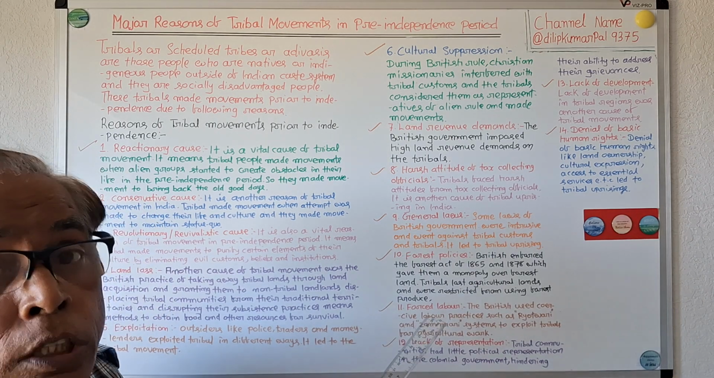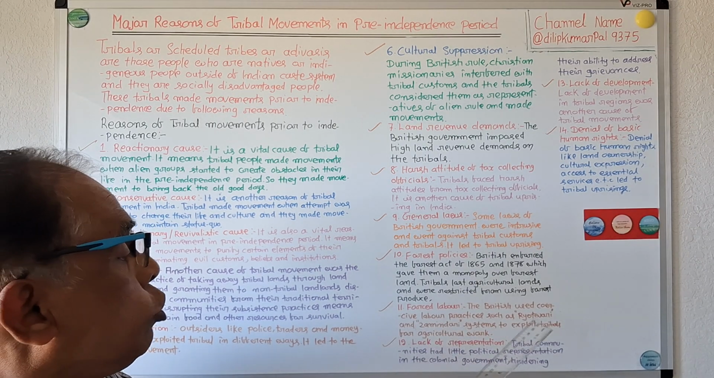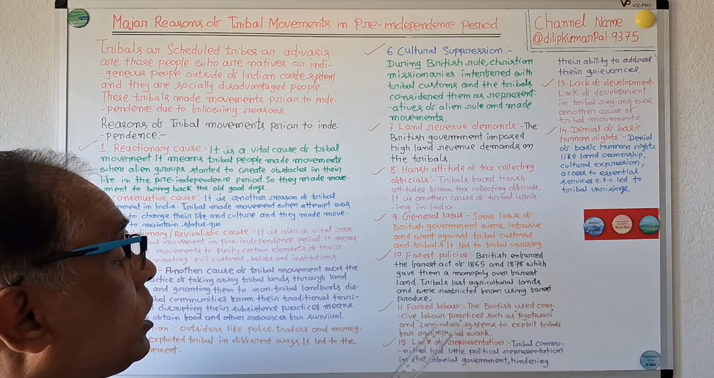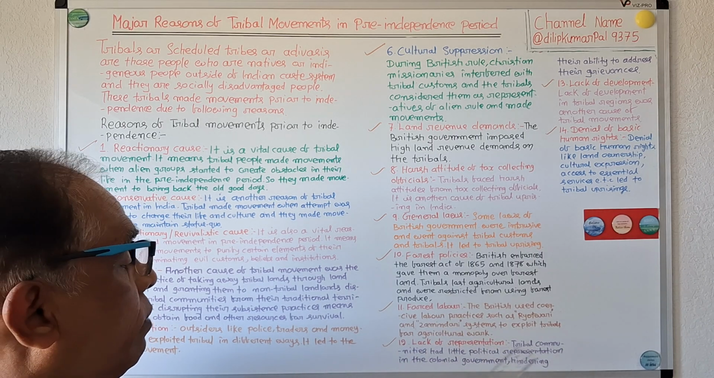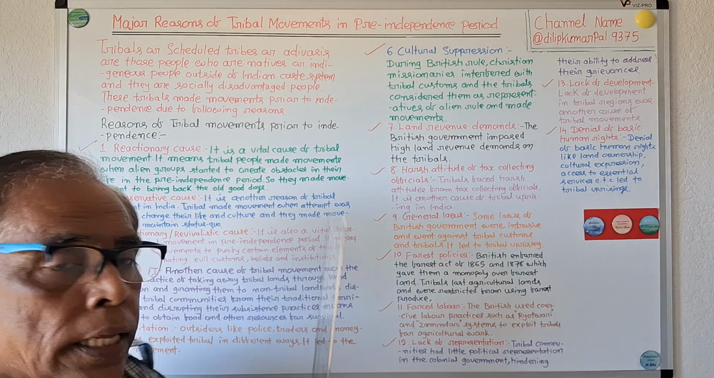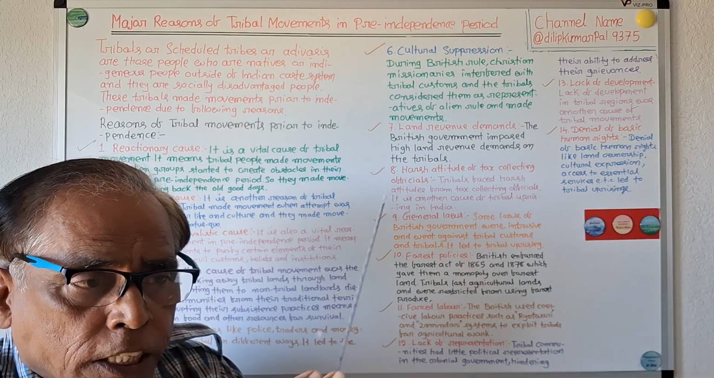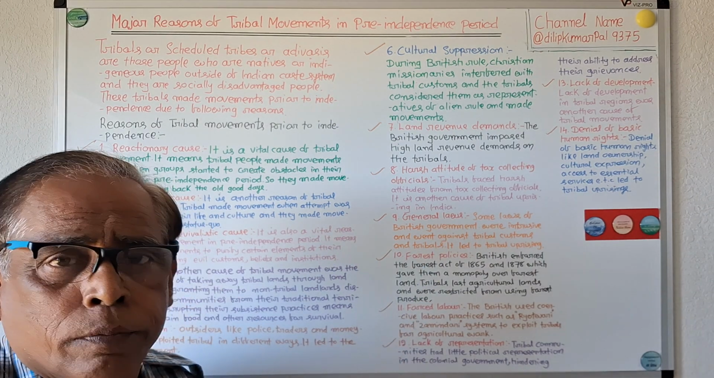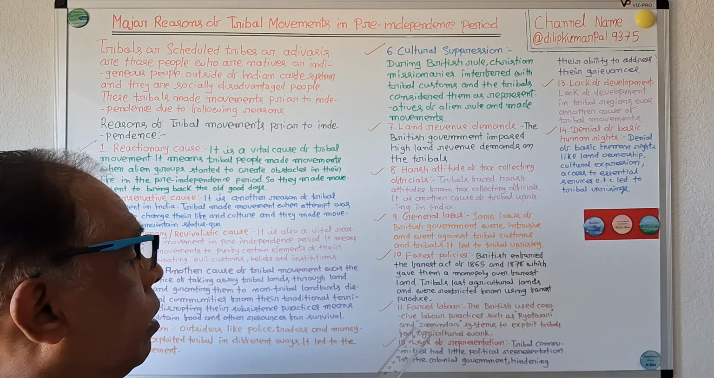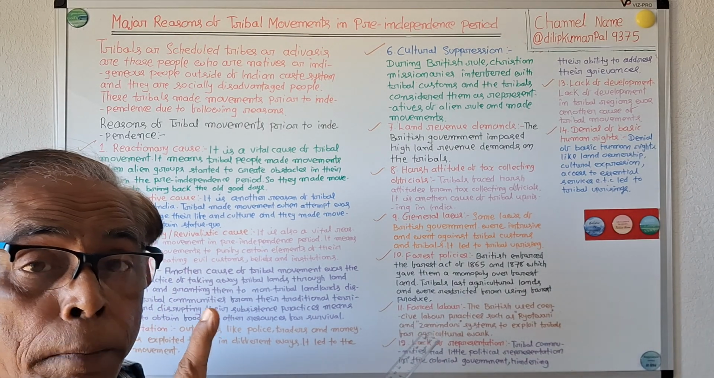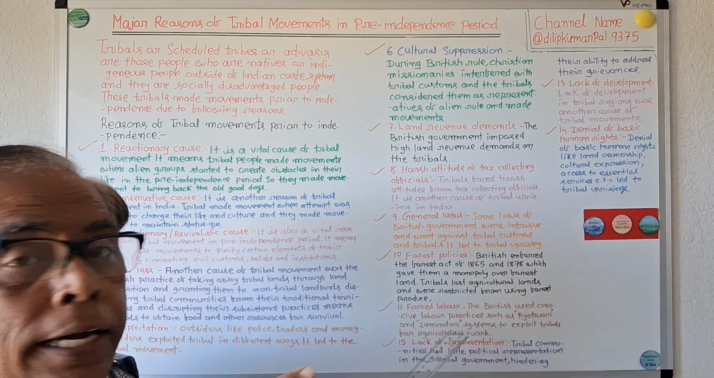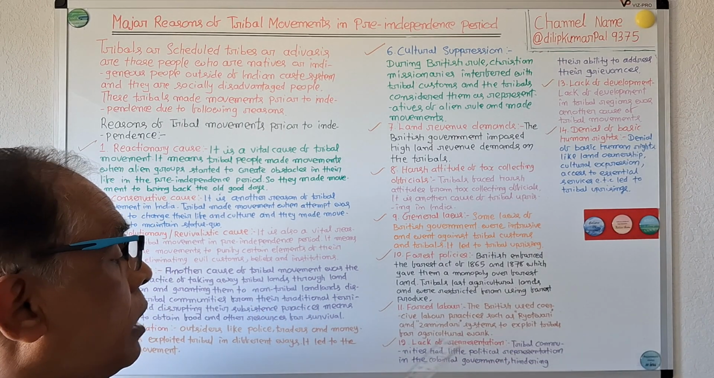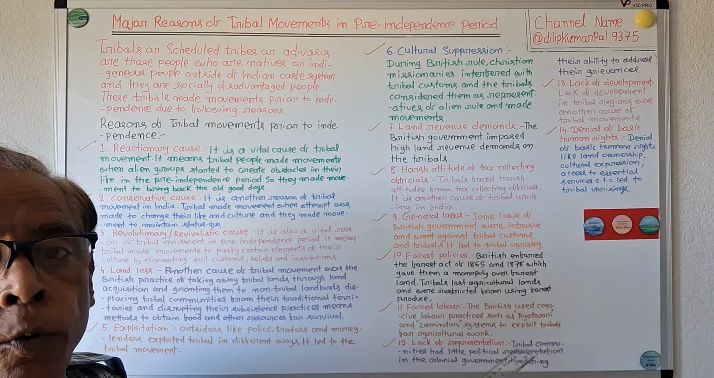11. Forced labor. The British used coercive labor practices such as the Rawatari and Jamindar systems to exploit tribals for agricultural work. Another one is forced labor. The British government enforced different types of coercive, cruel labor practices like the Rawatari system and Jamindar system to exploit tribals